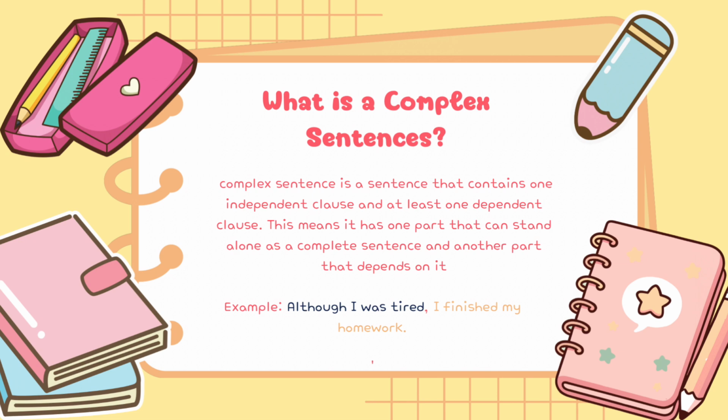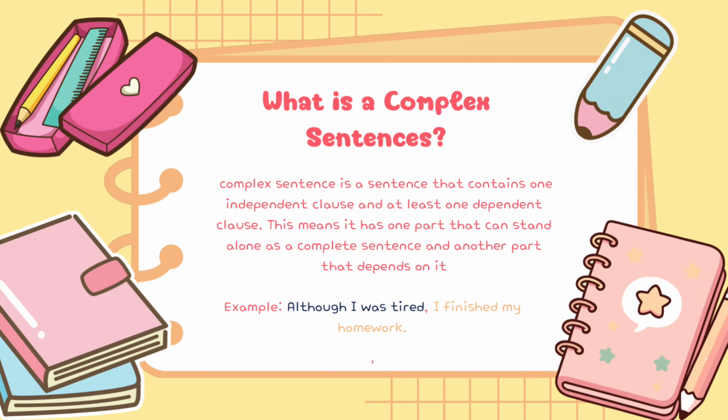This means it has one part that can stand alone as a complete sentence and another part that depends on it. The example is, although I was tired, I finished my homework. I finished my homework is an independent clause because it is a complete sentence. Although I was tired is a dependent clause because it cannot stand alone. It needs more information to make sense. So, in order for a sentence to be complex, it must have an independent clause and a dependent clause, connected